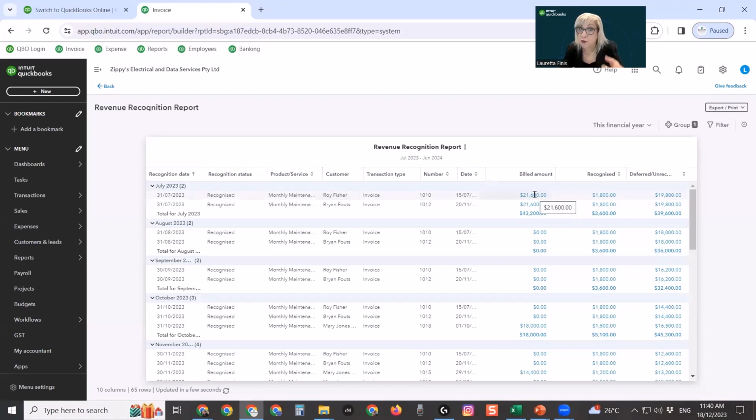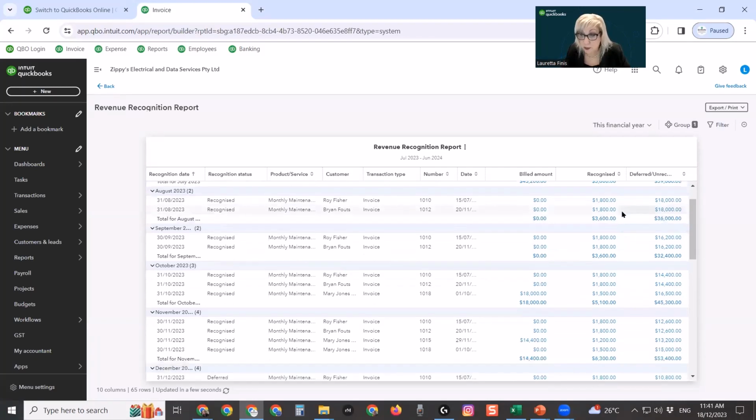but that's the 1,800 by 12 months and add the GST like we did with Mary Jones on the 1st of October. No, we actually did hers slightly different. That's right. Mary Jones was only 1,500. These two are at 1,800. Now have a look at this. So we did the invoices in July, but the recognised revenue is only $1,800 in July,